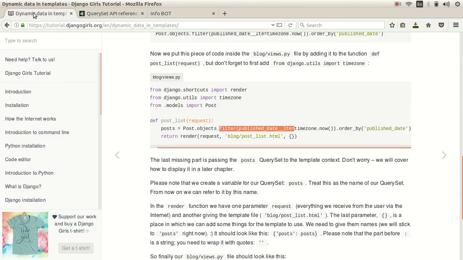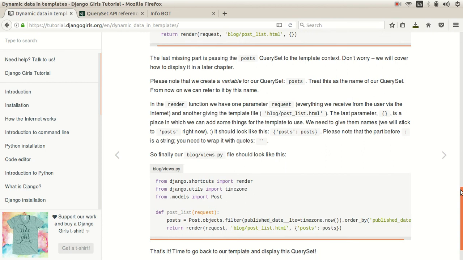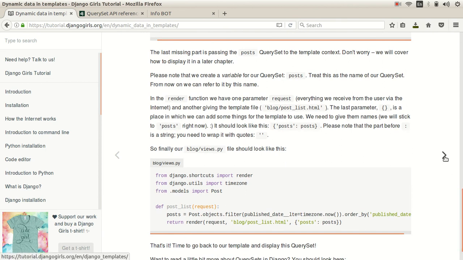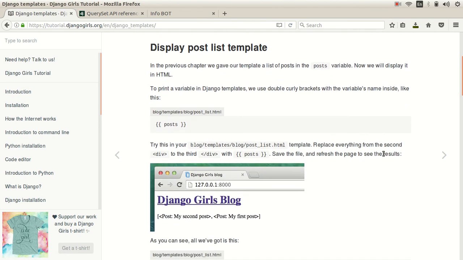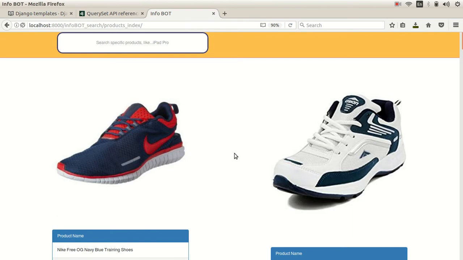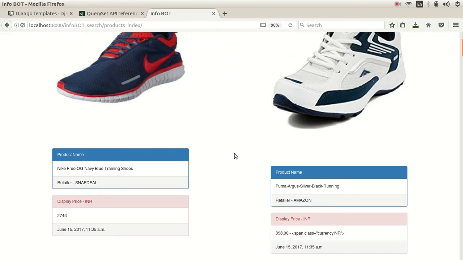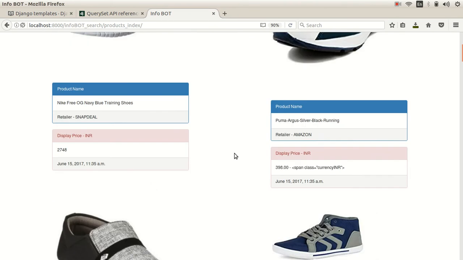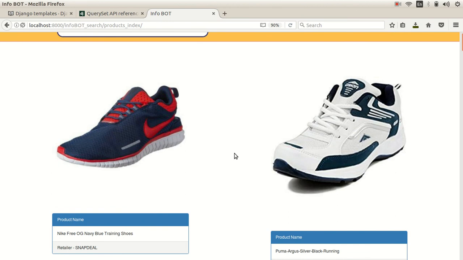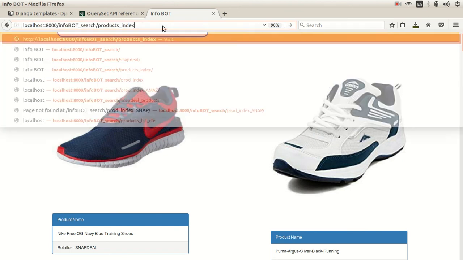As far as this tutorial goes, we've done most of the query sets bit, and what is there other than this is Django templates. The templates we can cover now. How is all of this getting populated? Like in the last video, I just quickly went over the templates. Again, let me show you: this is the products index. We saw the products index in the last one. We can also look at something called the